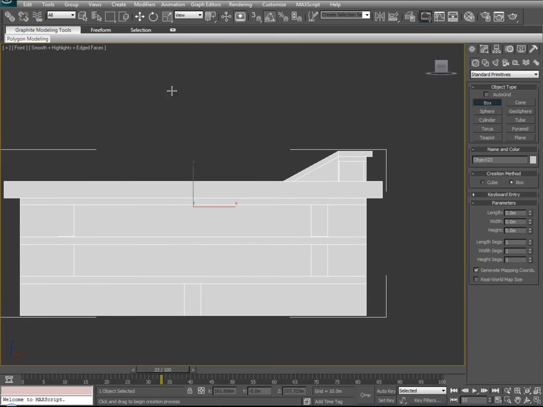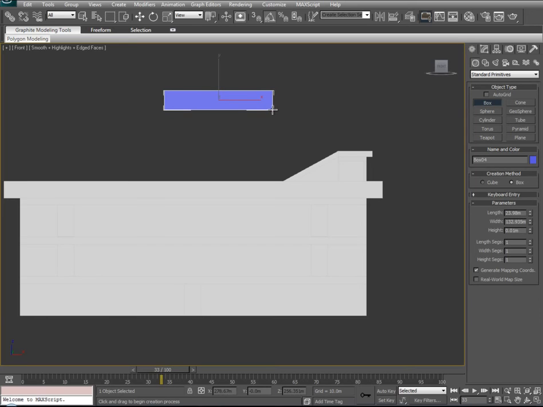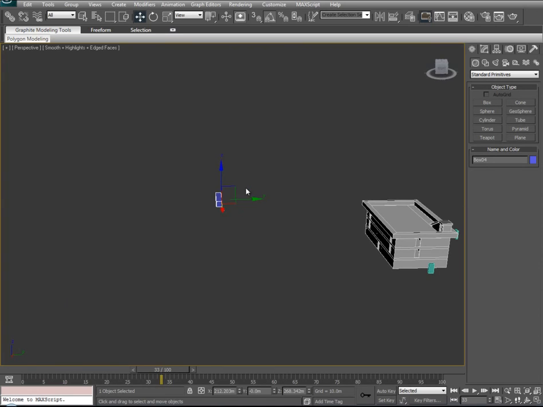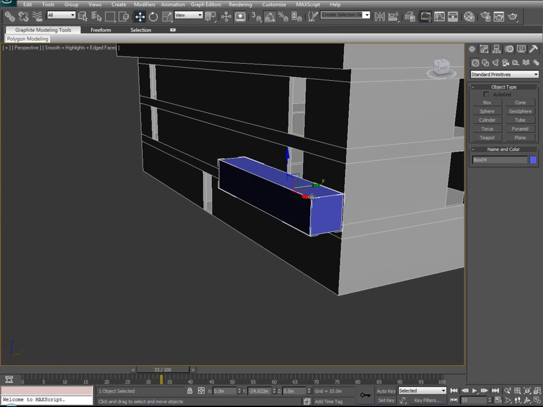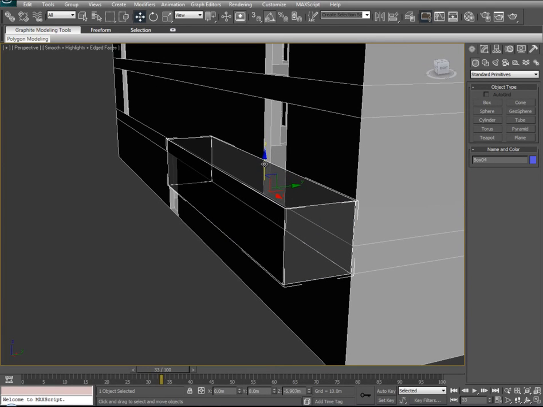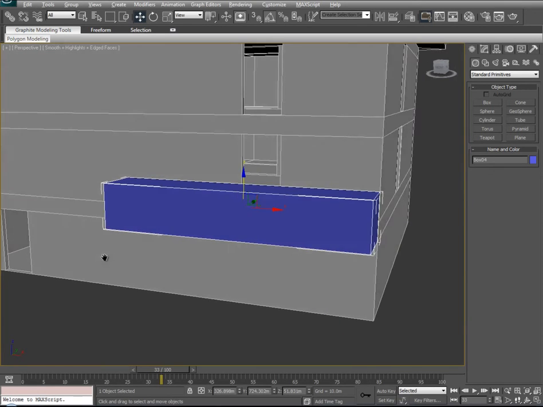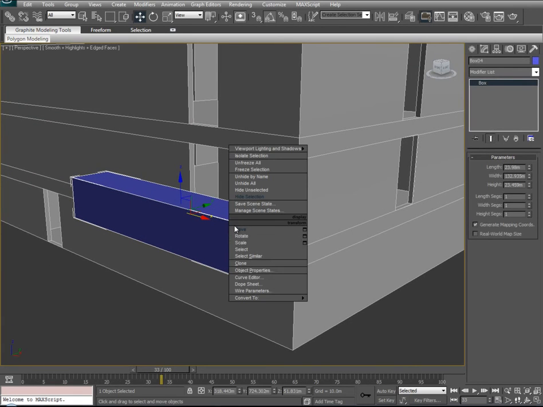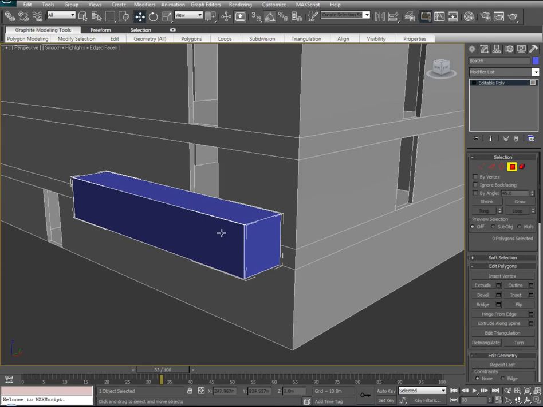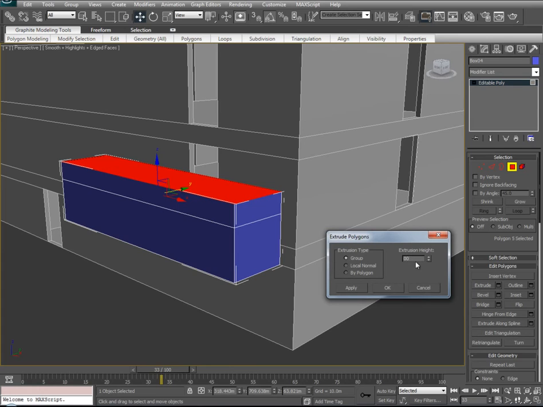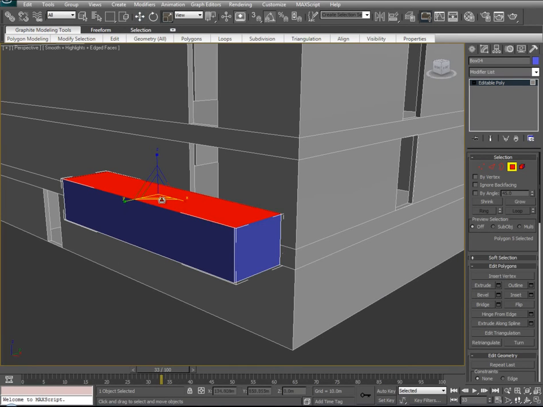Go and create a new box. And we'll just bring it up to the build. So, and we'll convert it to an editable poly, move it out, extrude, scale,